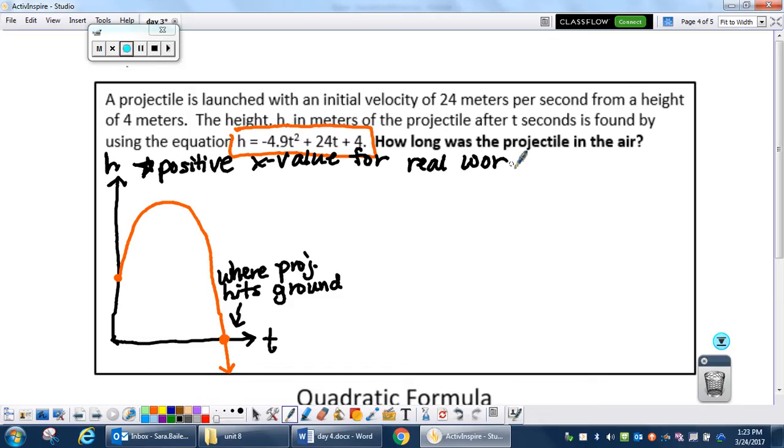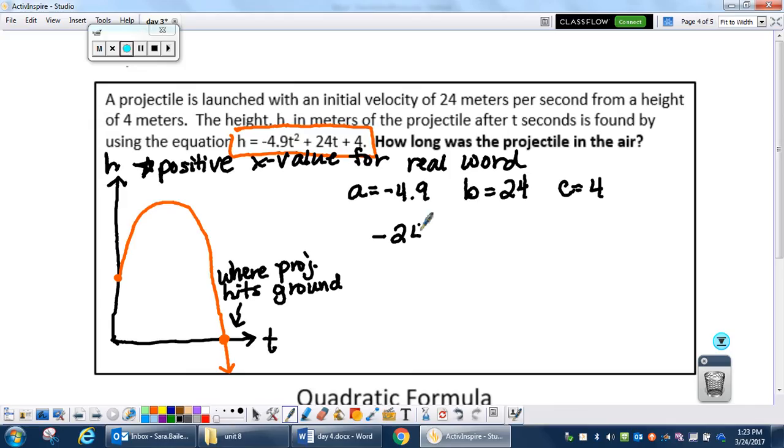Okay, so your formula is below. If you need to identify your A, B, and your C, go ahead and do so. A is -4.9, B is 24, and C is 4. So we're going to do the opposite of B, which is going to be